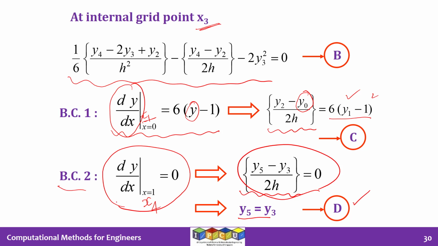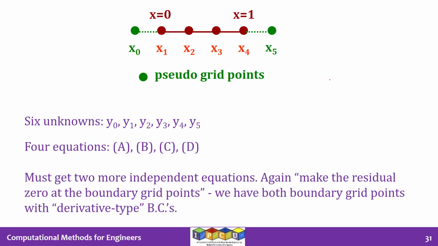Yes, we have handled the boundary condition at x4, but in so doing, we have introduced a symbol y5, which is not there in the physical domain. So we have to introduce a fictitious grid point or a pseudo grid point on the right hand side as well. So because the boundary conditions at both extremes of this reactor are given in terms of derivatives, we will have a fictitious node or a grid point at the left boundary, and we will have a fictitious node or a pseudo node at the right boundary as well. And therefore we have these symbols y5 for the right boundary and y0 for the left boundary. And this is what I mean.